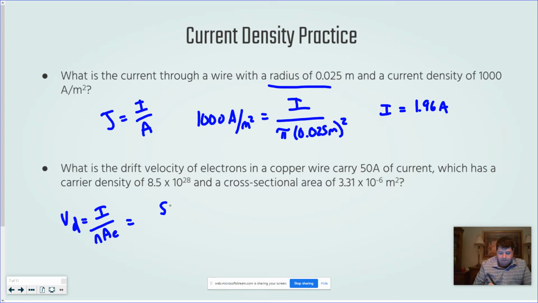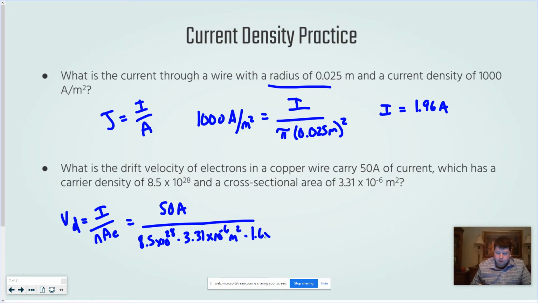Plugging in my numbers here, I've got 50 amps of current, which is quite a lot, but it is something you can encounter in your house. Some particularly large appliances are rated up to 50 amps. 8.5 times 10 to the 28th is my carrier density. My cross-sectional area they've fortunately given me, so I don't have to figure that out. I actually looked it up. That's the cross-sectional area of typical 12 gauge wire you'd use in your home. And then lastly, the charge of the electron, which is that elementary charge, 1.6 times 10 to the minus 19th coulombs. Just solving that out, I get a relatively low velocity, 1.1 times 10 to the minus third meters per